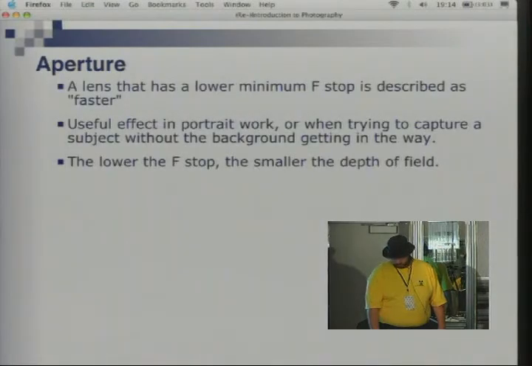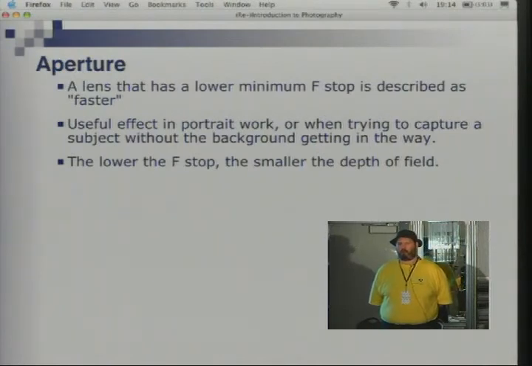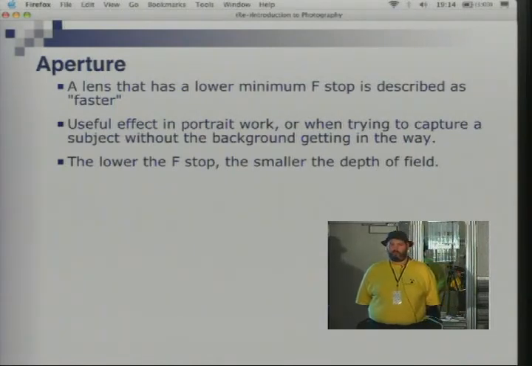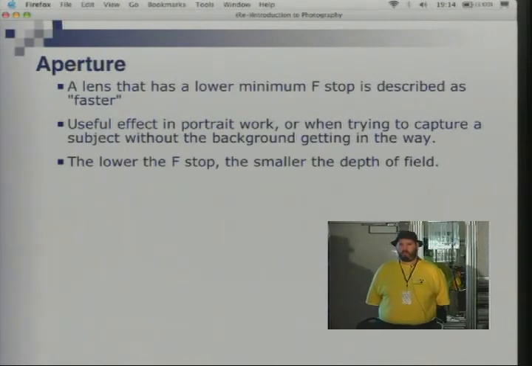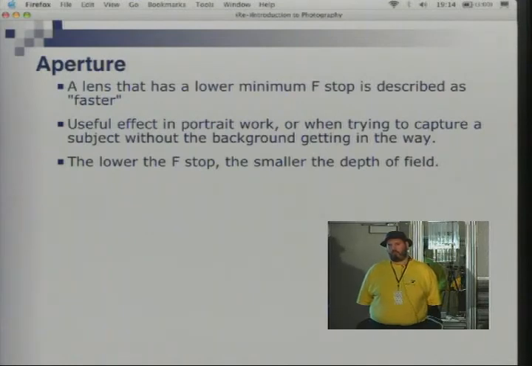Okay. So jargon, because every field is filled with jargon, and due to working in the computer industry too long, I seem to pick it up without thinking about it, but it helps to sometimes actually say what it is. When you have a lower minimum f-stop, you describe the lens as faster than one with a higher minimum f-stop. An f1.8 lens, which is minimum f-stop is f1.8, is faster than a lens that is a minimum f-stop of